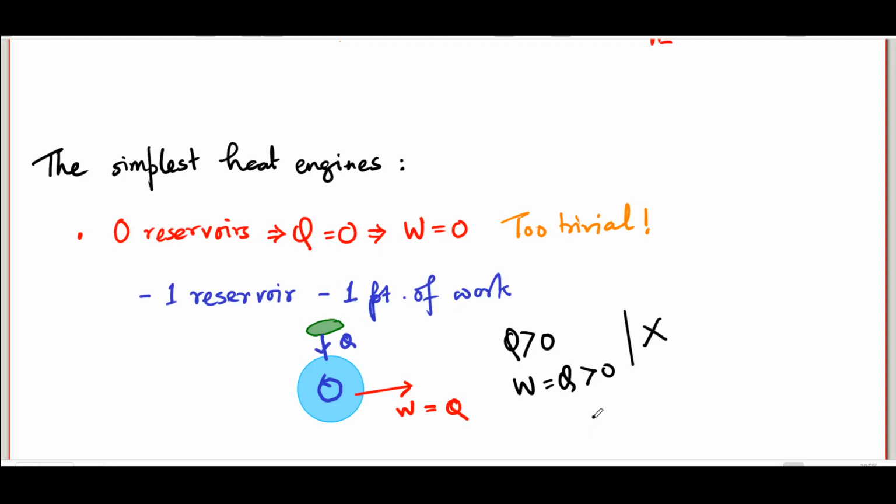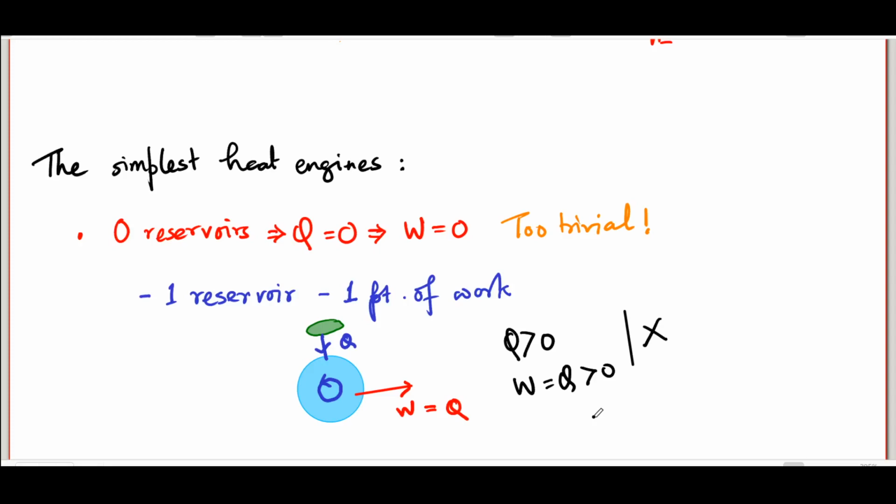How do we know that it does not exist? Frankly, there is nothing in the first law which says that this cannot happen. However, a couple of centuries of experiments in various forms have convinced us that this kind of an engine, one which takes heat from one reservoir and converts that entirely into work while going in a cyclic process, does not exist. We will come back to this issue later when we talk about the second law, but at this point